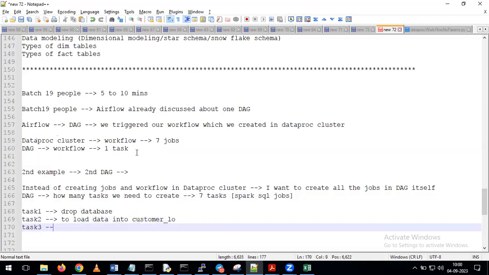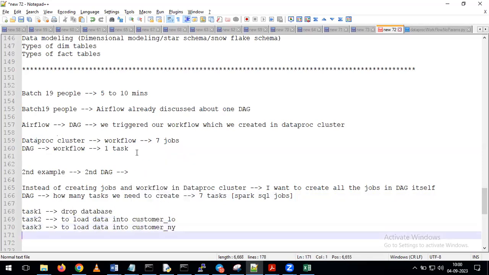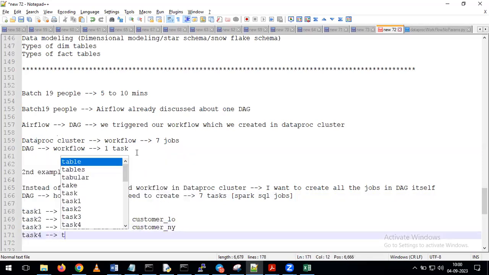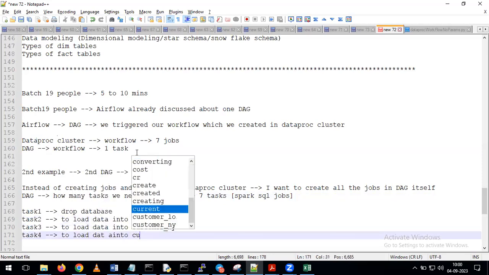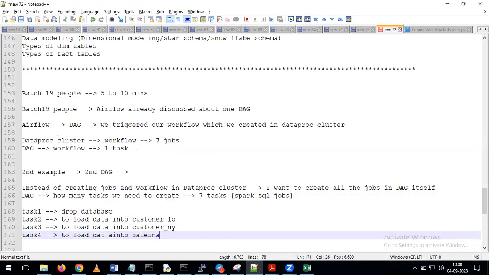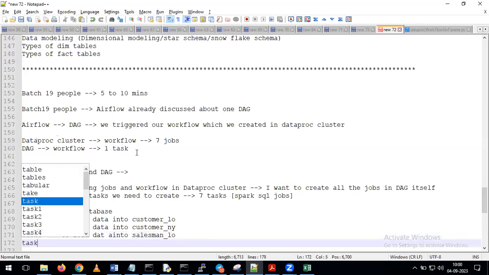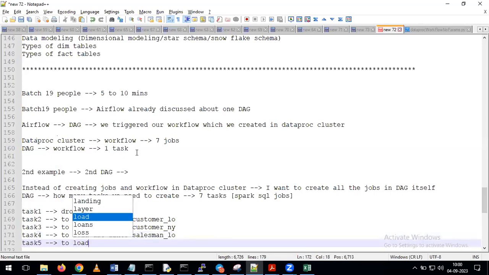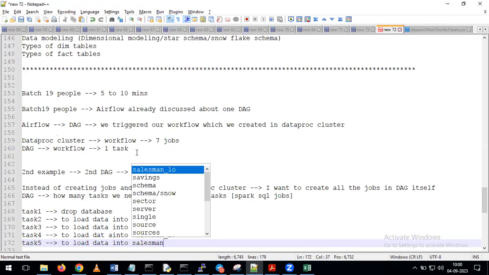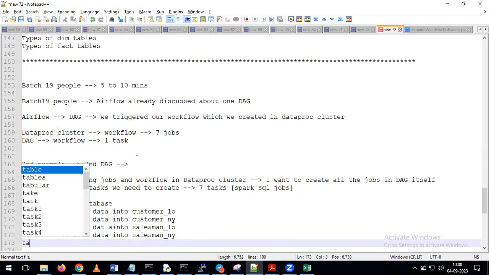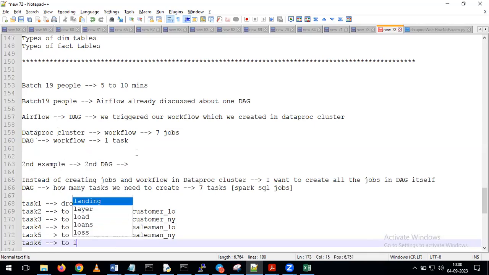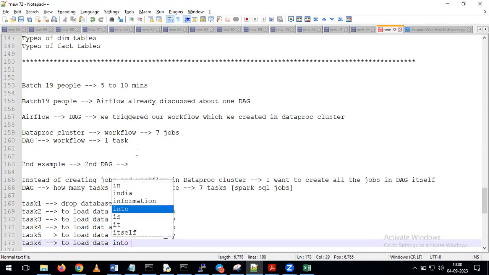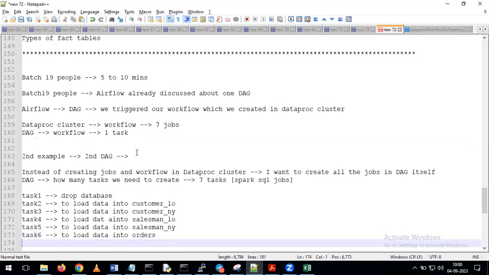Task 3, to load data into customer_NY table. Task 4, to load data into salesman_LO table. Task 5, to load data into salesman_NY table. Task 6, to load data into orders table. And task 7, to load data into